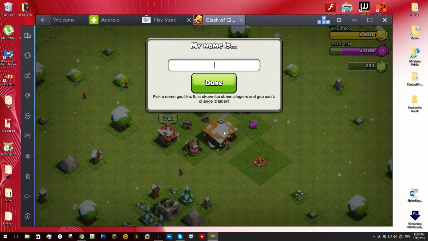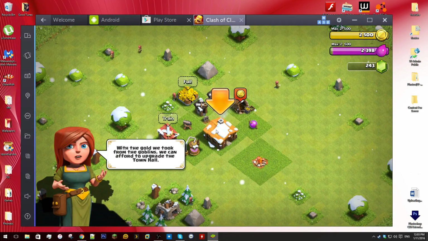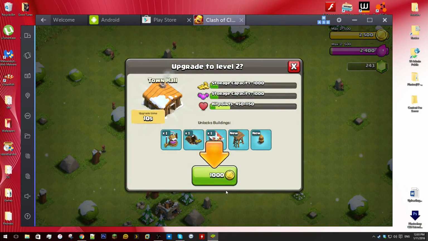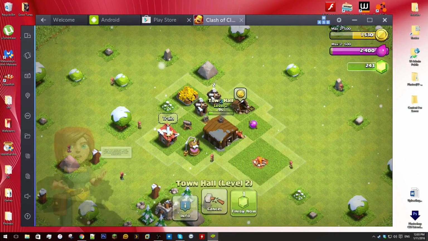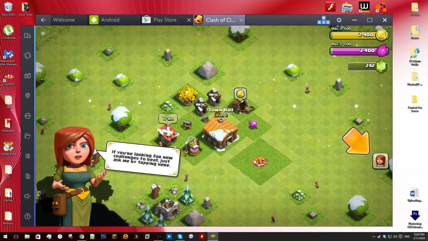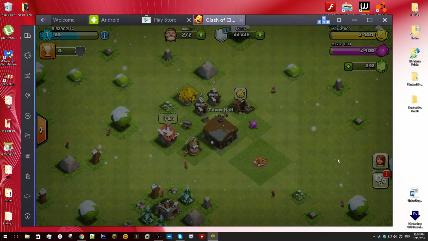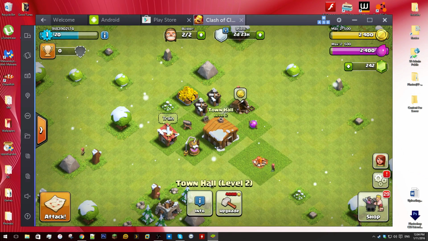Once you have completed the introduction and the tutorial, you will have to enter your name for your village. Enter a generic name because at this point, if you want to link your village with an old village or a village you have on a different device, then the name does not really matter. So, if all you want to do is create a new town hall on a computer, then feel free to leave this video now. But if you want to link it with an older device or another village, feel free